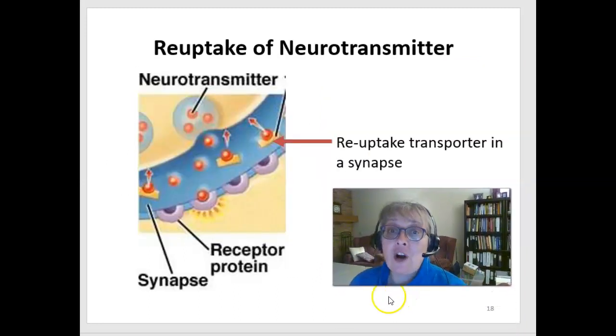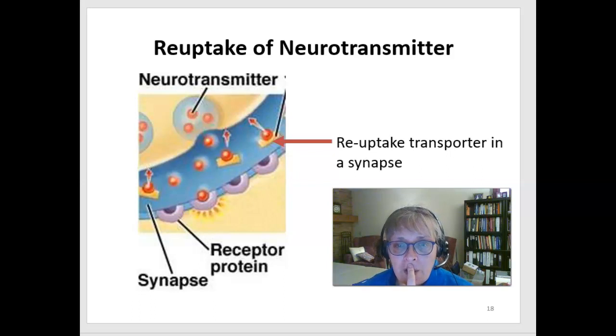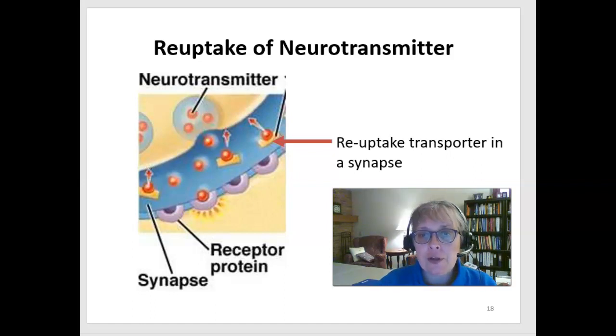So you may have heard of a neurotransmitter called serotonin or dopamine. Maybe you've heard of those neurotransmitters. Those neurotransmitters both have reuptake transporters that are present in the synaptic cleft. So, for example, this red circle here,